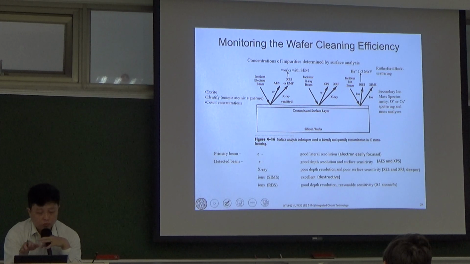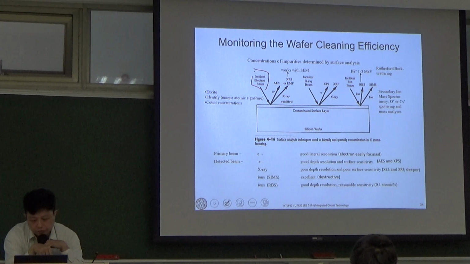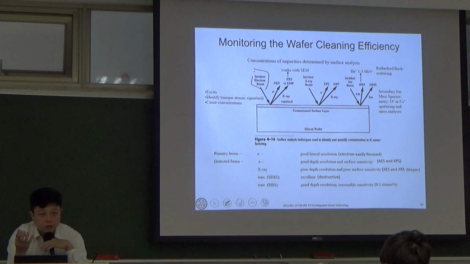We can divide it into three different ways. The first one is the incident beam is an electron beam. The second one is the incident is the X-ray beam, and the third one is the ion beam. If you inject this electron beam on the surface of your silicon wafers, you either excite another electron